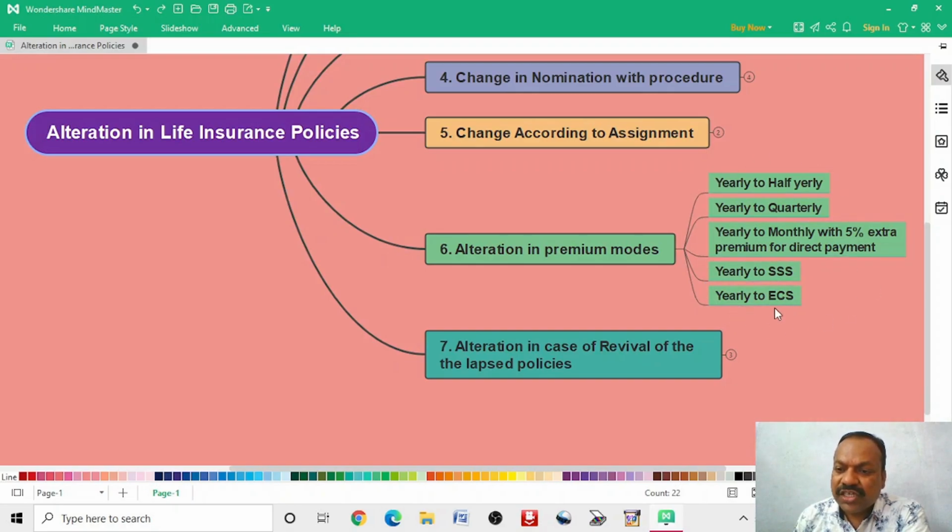It is also vice versa: ECS to yearly, SSS to yearly, half yearly, quarterly, monthly to quarterly, half yearly, yearly, or quarterly to half yearly, yearly. Likewise, you can change the mode according to your will and wish. But this alteration in premium mode is changing the premium as well. If suppose the policy is of yearly mode, and if you are going to convert it to